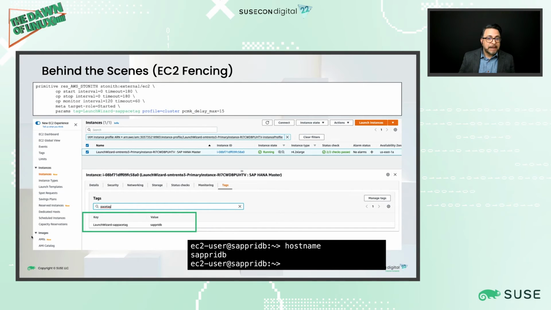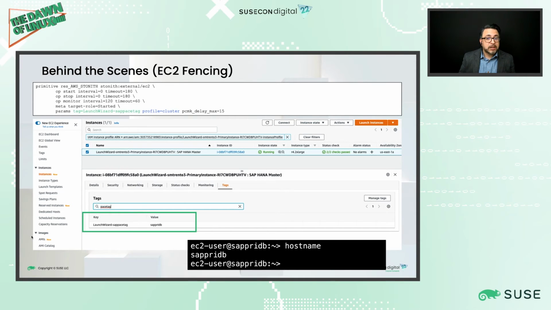So still looking at that first image, looking at the bottom line, it contains the required parameters for that fencing agent, with the first parameter being a tag. The second parameter is the AWS CLI profile that's set up so that the instance can shut down the members of the cluster if some sort of fencing event is detected. Now, the tag that's shown is a key value pair that's associated with your cluster. Now, the key